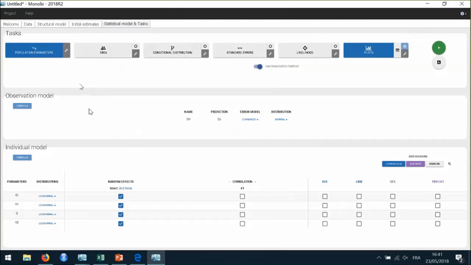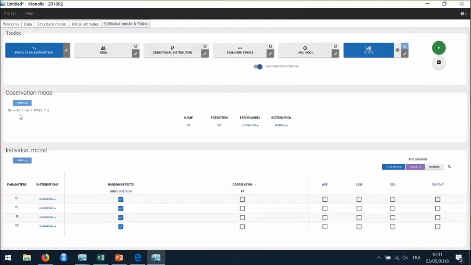The default statistical model is composed of a combined residual error model that can be displayed by clicking on Formula. It links the predictions and the observations with an additive and a proportional term. As a first step, we aim at evaluating the structural model, so therefore I will keep the default error model.